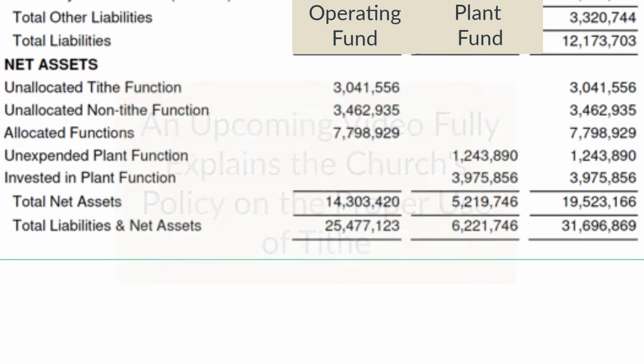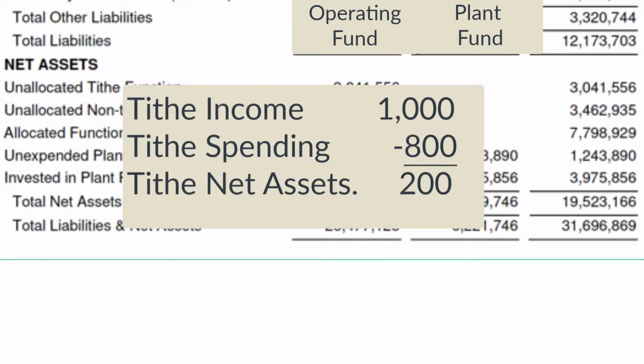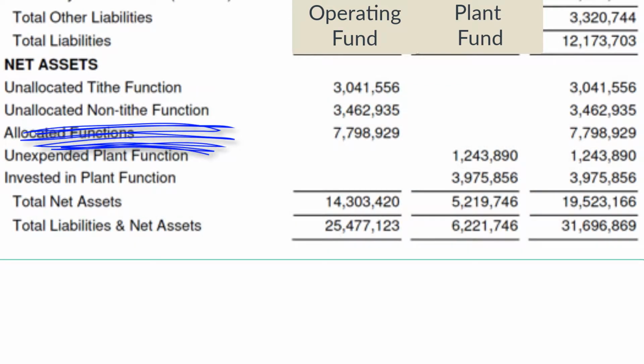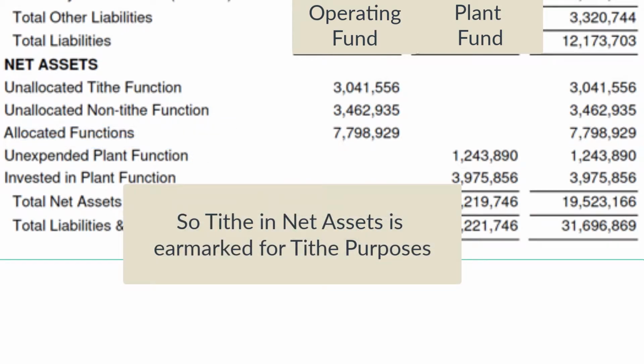A faithful member gives us $1,000 in tithe donations, and we spent $800 in the way it was supposed to be spent. We have $200 of tithes still on hand that we need to make sure we use properly. To help us with stewardship, we keep it separate from non-tithe money. That way we can make sure we spend it the way it's supposed to be spent. Non-tithe money can be spent on any moral or legal way the board wants to use it to fulfill the organization's mission. The tithe money has to be spent in the way that the church stipulates.